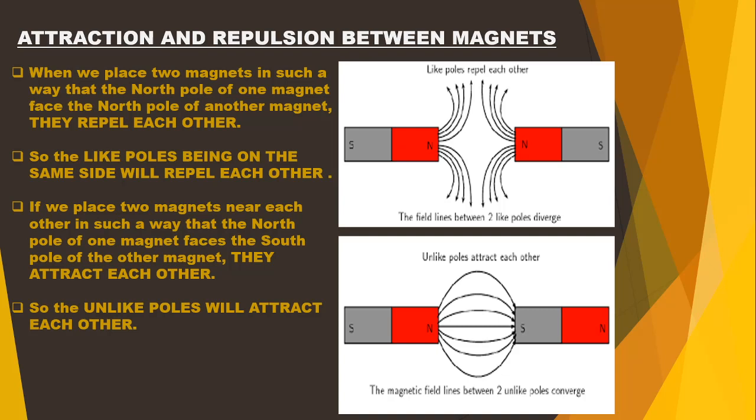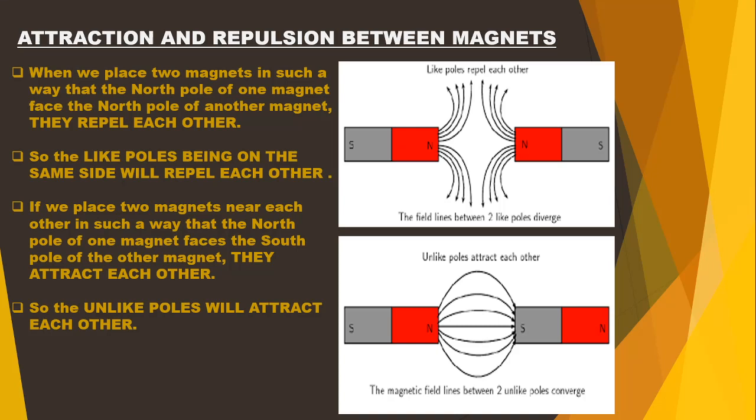Now, if we bring two magnets closer to one another, sometimes you will see those magnets are repelling, sometimes you can see those magnets are being attracted towards each other. So here we have discussed two properties, that is attraction and repulsion. Attraction means they are coming closer to each other, and repulsion means they are pushing away or going further from each other. So we are placing the two magnets in such a way that the north pole of the one